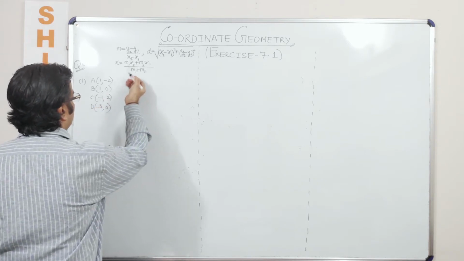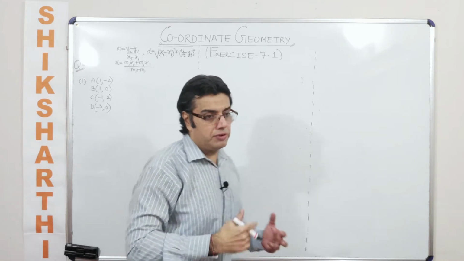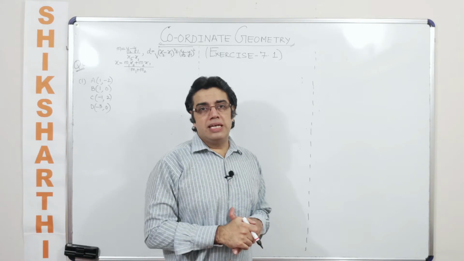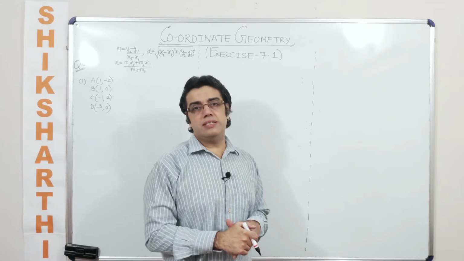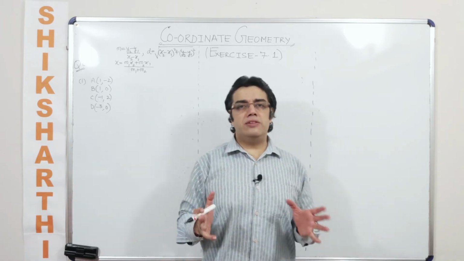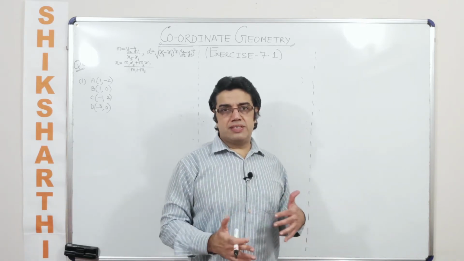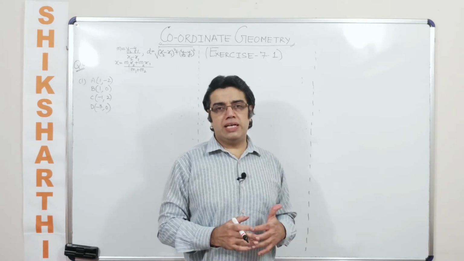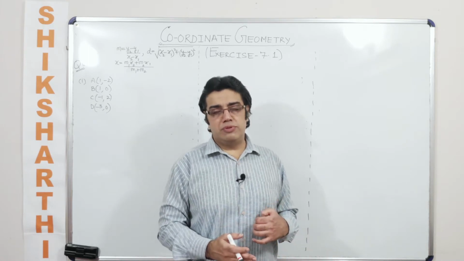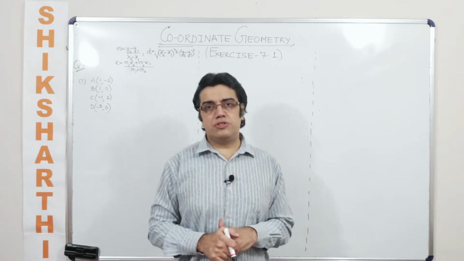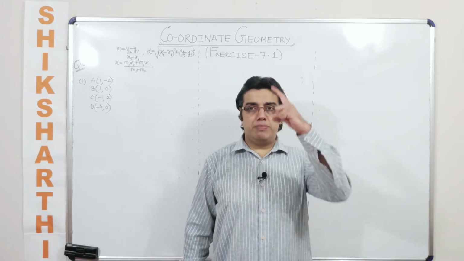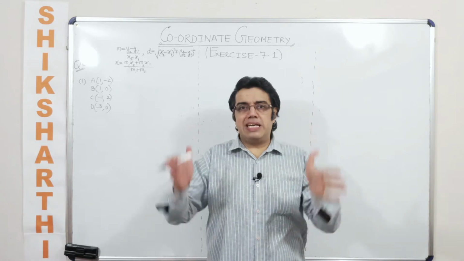So using the distance formula, because in any case if you are trying to ascertain whether it is a parallelogram or a rhombus or a rectangle or a square, one thing that is common to all of these is you need to find out the length of the sides. As discussed in my earlier video also, if the length of all the 4 sides are equal, the resulting figure will either be a square or a rhombus. But if a pair of sides are equal and parallel,